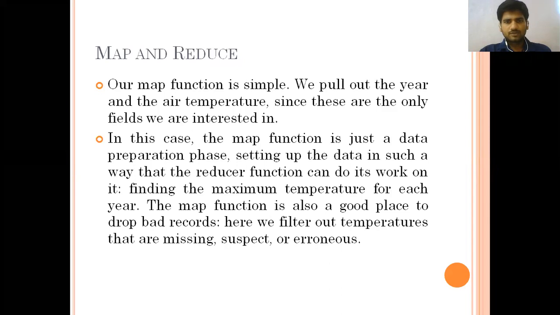In a MapReduce program we have two parts. One is a mapper, another one is a reducer. The mapper phase and the reduce phase. With these two phases, we are going to find the maximum temperature in a particular year. So how many years are we going to get?